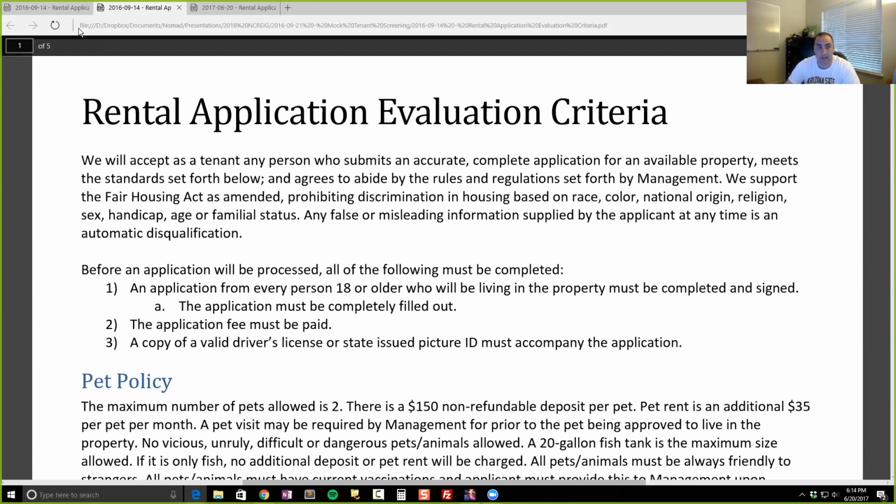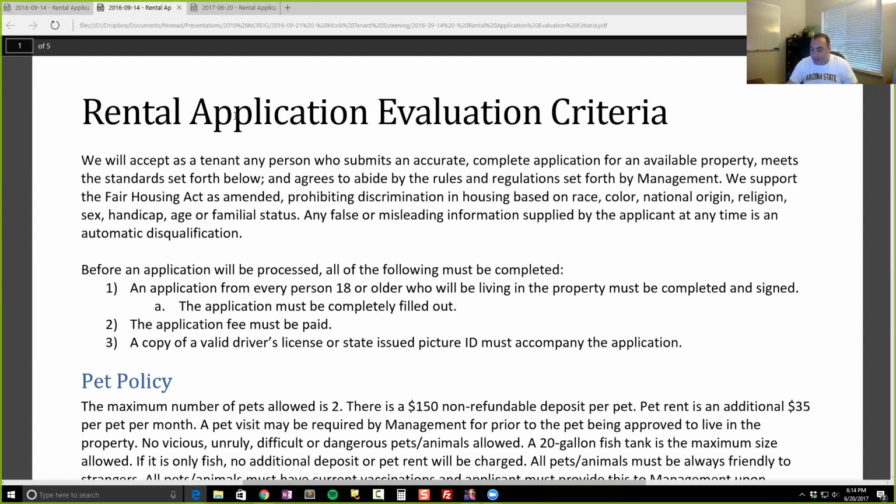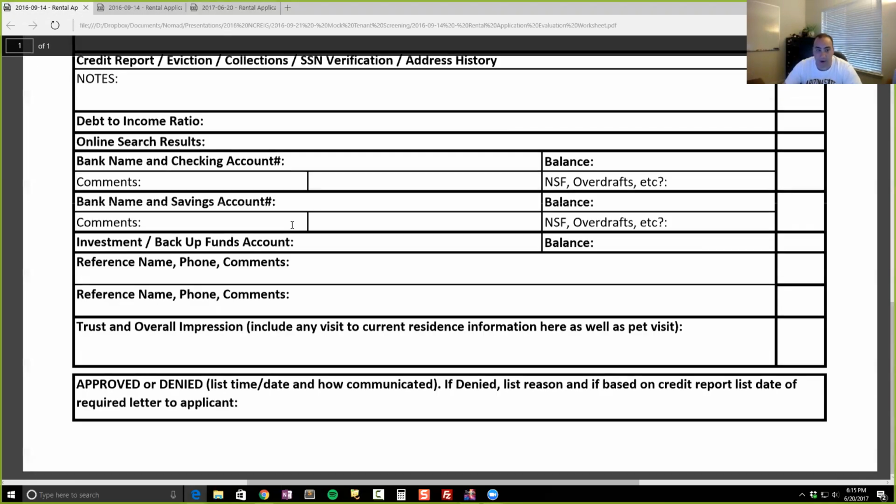So he would use a combination of this and this form to keep track and see if somebody is qualified based on what they filled out with this rental application. So he'd use this, and then he'd call all their references and look at their bank statements and verify all the information, call their landlord references, call their work references, and make sure that someone is qualified, and then fill out this form and decide whether or not they met the minimum criteria or did not. Okay. Part of the challenge I had,